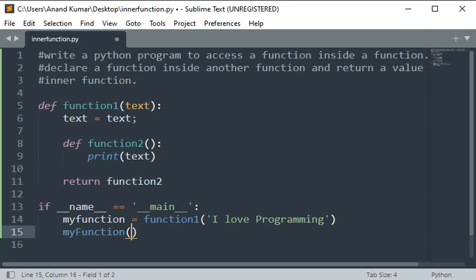Once we're done with this, let's see if this code works or not. Go to Python here and type python, and as you can see, I love programming.